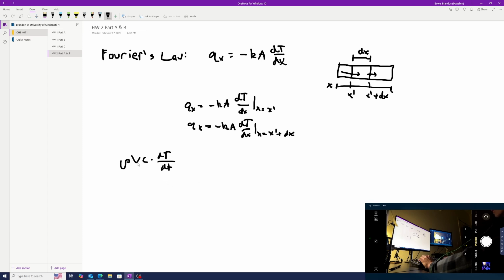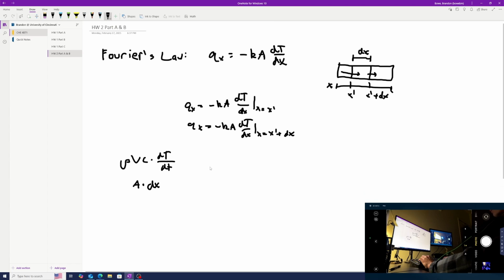So we can represent the volume of our section as the area times our dx, which we've defined. So doing this, we can combine all of these equations to show that